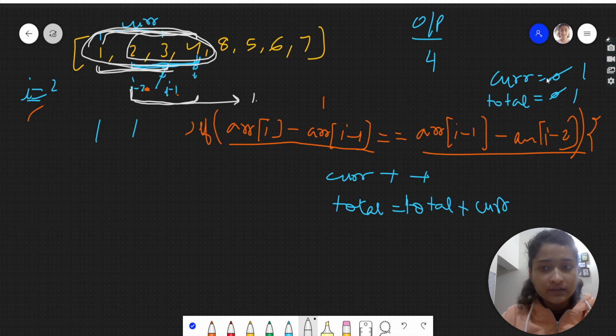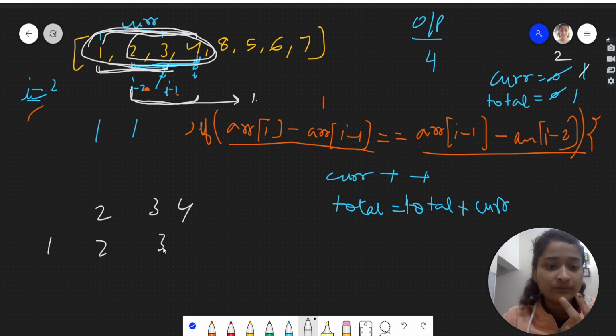Hence, when I is at 4, current will become plus plus, so current will become 2. Now we will add this current to total. Why are we adding current 2? Because one subarray being formed is 2 3 4 and another subarray formed is 1 2 3 4.